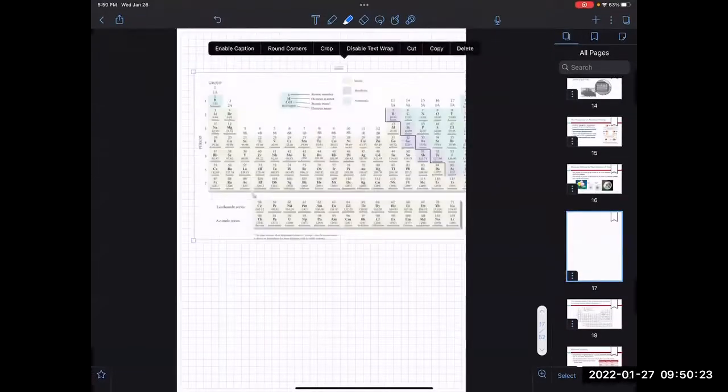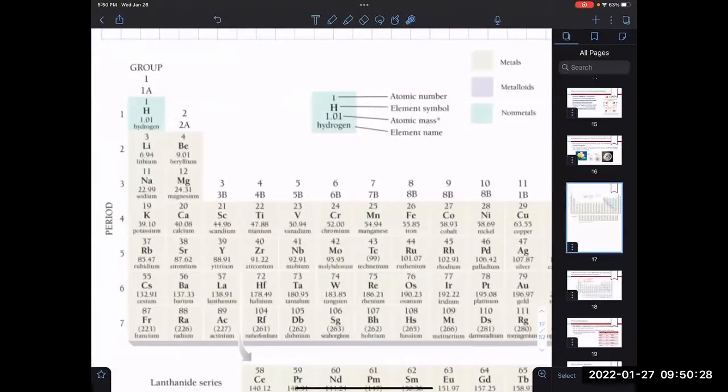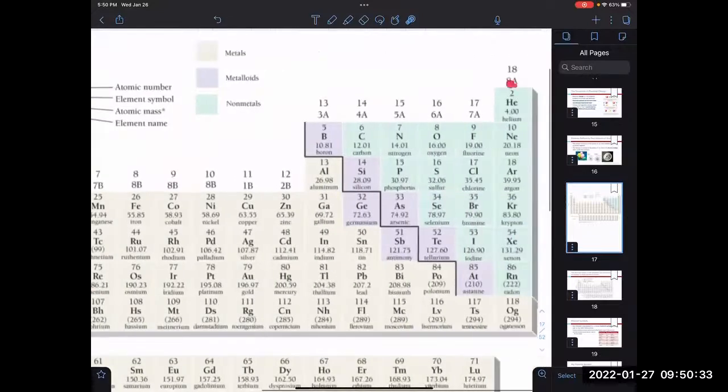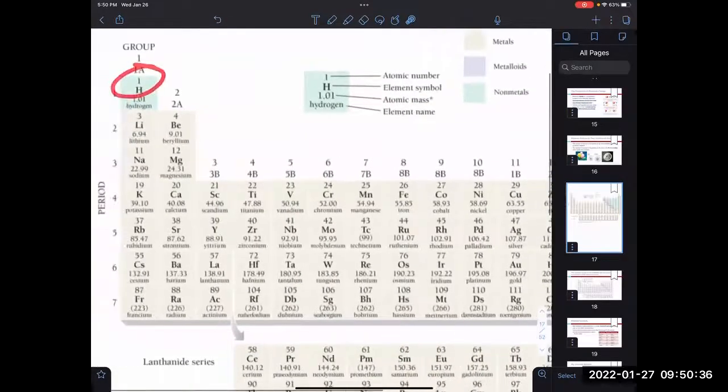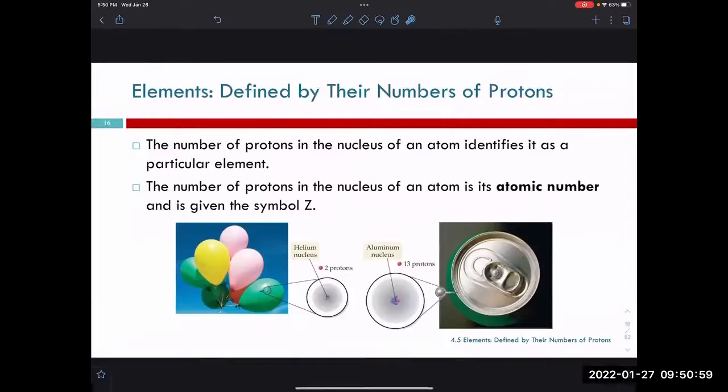So these can all be identified by the number of protons that they have. So we look at a periodic table, and this is 1, then we go over here, we have 2, and then 3 and 4, and so on. That number is the number of protons that each of those elements has. And the number of protons identifies it as that element. You can't have beryllium with 3 protons because that would be lithium. So we call that atomic number